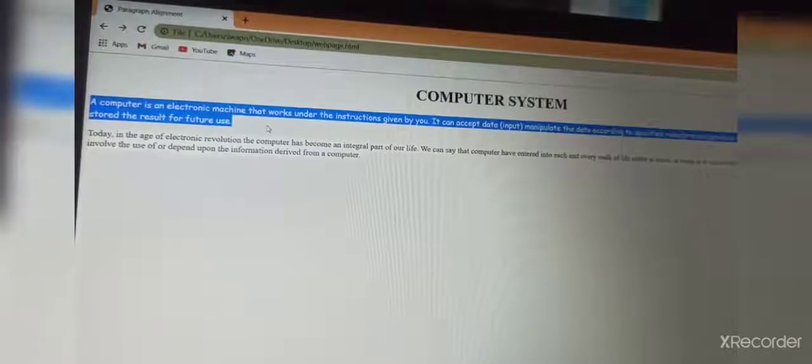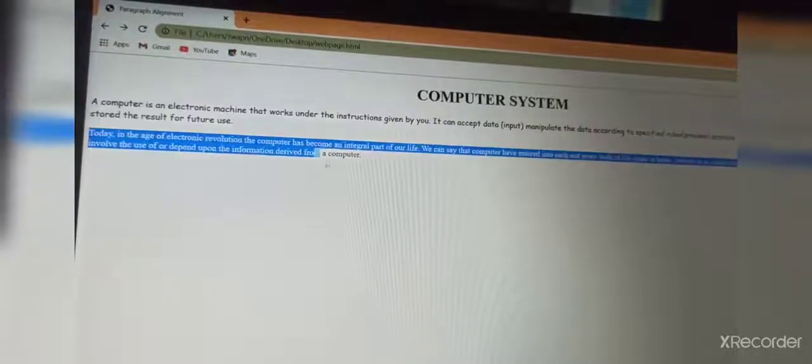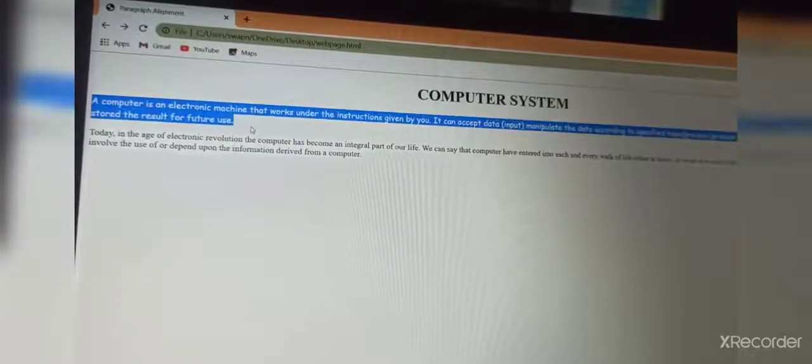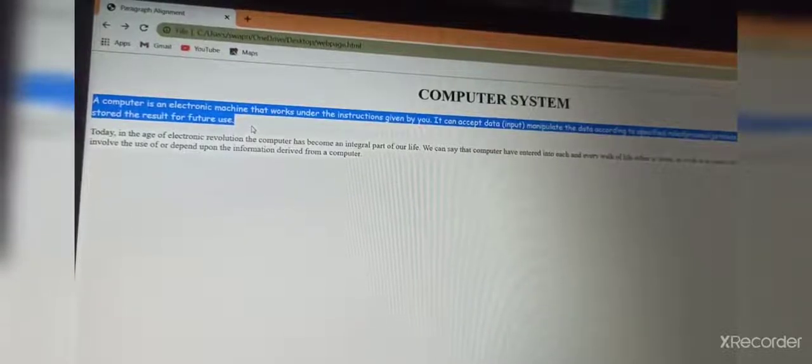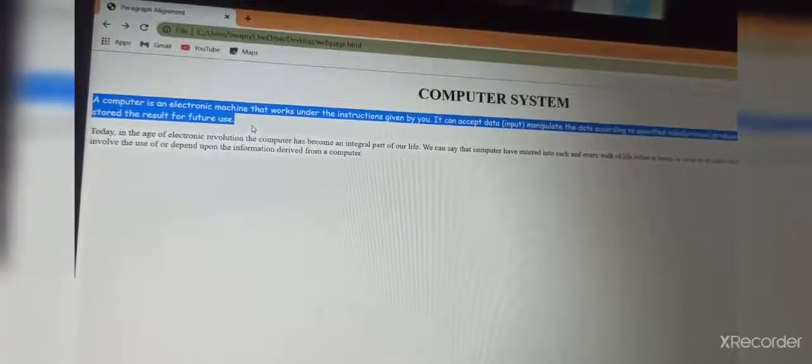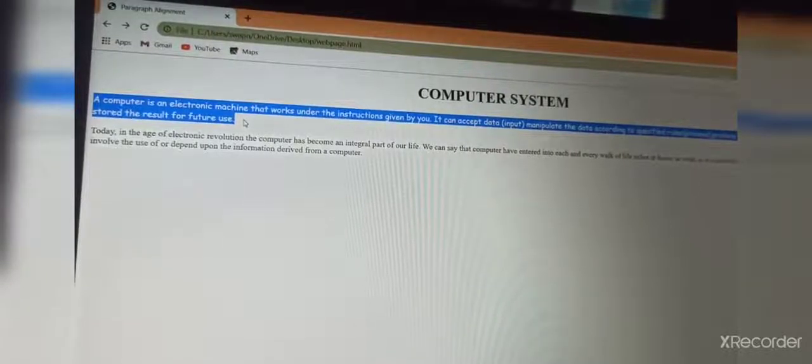The first paragraph comes in Arial font, while the other comes in a normal font. We have not given any font here, but for the upper paragraph we have given an Arial font, so it will come in Arial font. Got it? Using this you can change the font of your text.